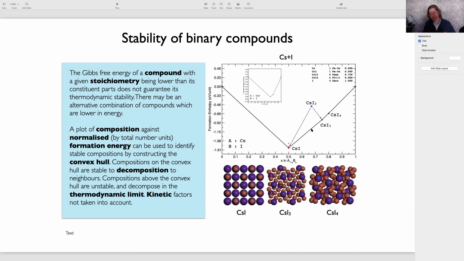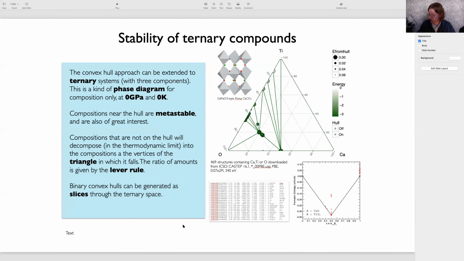You quickly calculate the energy of, say, a whole database of compounds for a particular chemical system. You download them, calculate the energy, and you just plot them in this way, and you're able to predict which are the stable compositions. Now, of course, this is not taking into account any kinetic factors. So it's not saying that if you mix these up in the lab, you would immediately form these compositions. But it would say if you were able to sufficiently anneal the system over a long enough time, that would be the thermodynamic composition. So you can extend this to